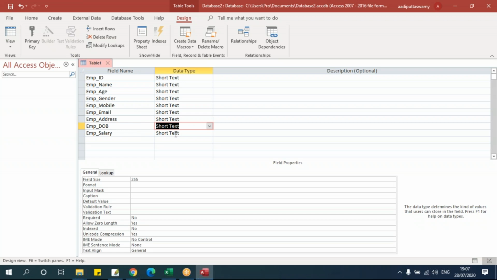If I put it as short text, what will happen is the user can enter any text here, whereas I need to validate the data. Suppose in age, you should enter only numbers. And if I say email, then you have to enter only hyperlinks. Or in date of birth, you should enter only a date. So likewise, I have to classify the fields into different data types depending on the data I'm storing in that field.